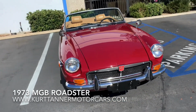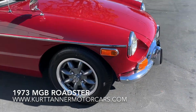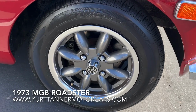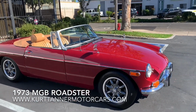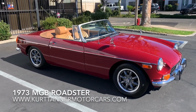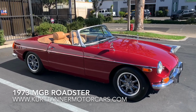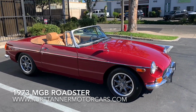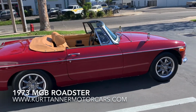Great undercarriage, and these wheels are magnificent. These alloys are really lovely. They set the car off nicely. Fresh tires. It runs, drives, stops, steers, just excellent. Good gearbox, great engine. I think it sounds like it's got a newer exhaust system fitted, but truly lovely